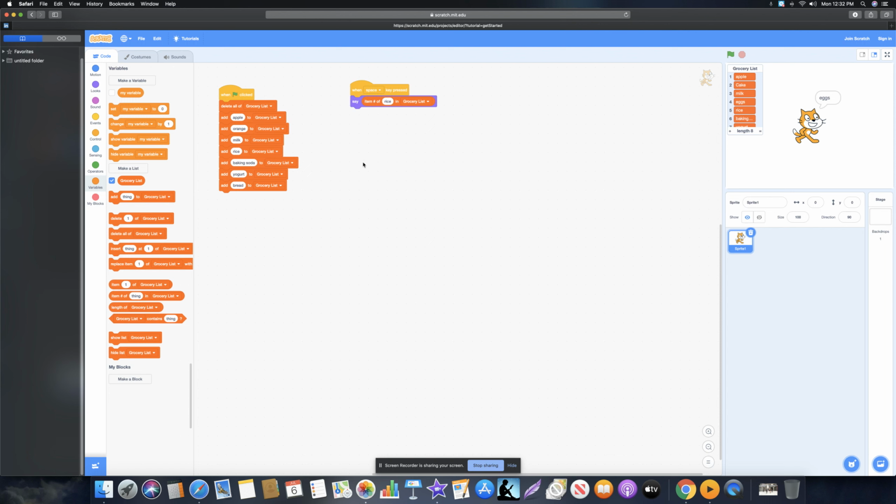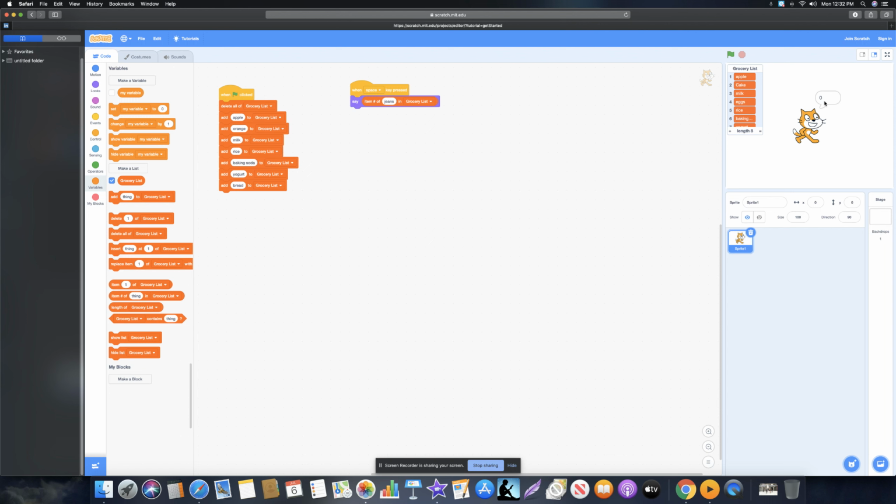So when I press space, it says 5, because that's the position rice is at. If I say item number of cake, when I press space, now it says 2, because that's the position of the cake value in the list. Now let's say I say a value that's not in the list, like jeans. Say item number of jeans in grocery list. When I press space,